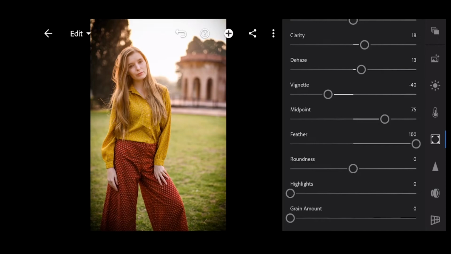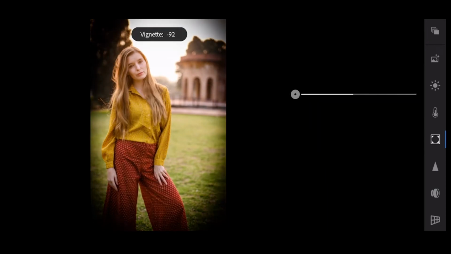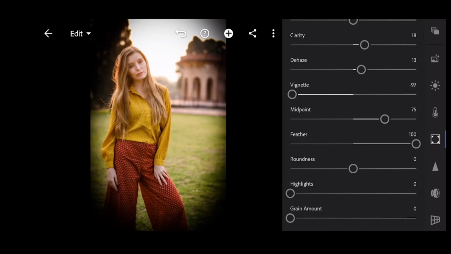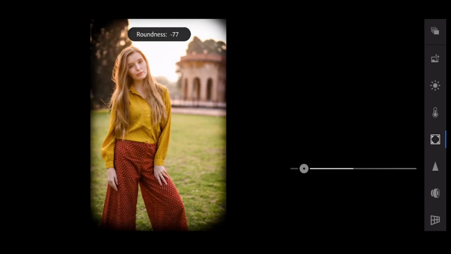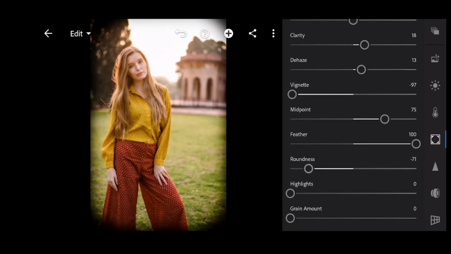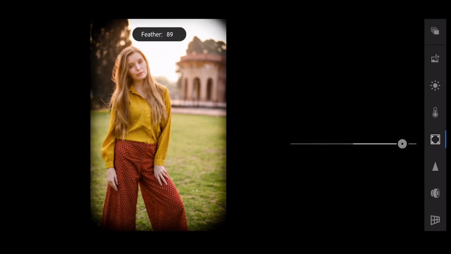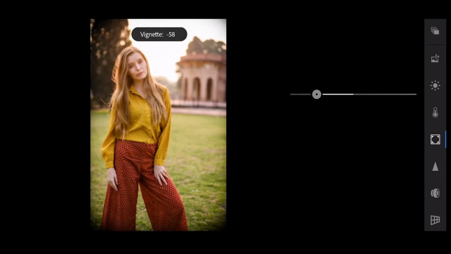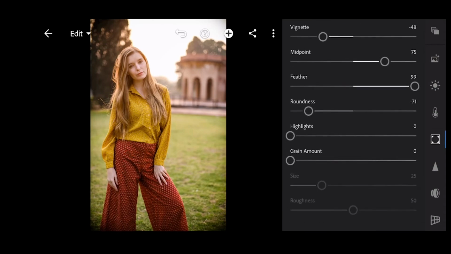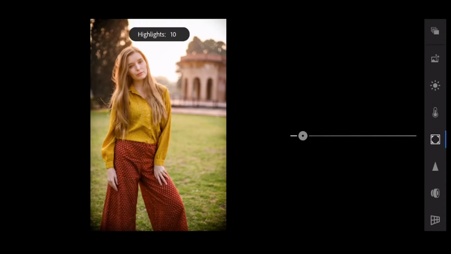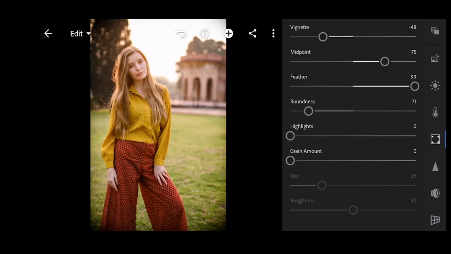Then there's roundness of your picture. Again I will go here, so you see how your circle looks. Now this is looking like an egg shape, but you can always make it more squarish or more round. It depends on your choice for your picture. I think this looks nice here, and the feather is correct, and the vignetting can go back because I was just showing you for teaching purposes. That's the one thing. Highlights, you can always increase the highlights, but they don't play much in this picture.